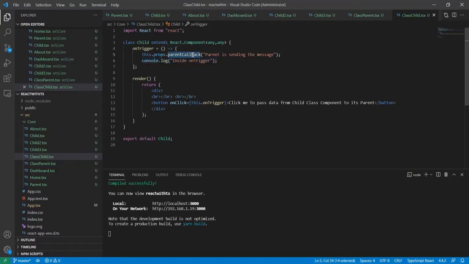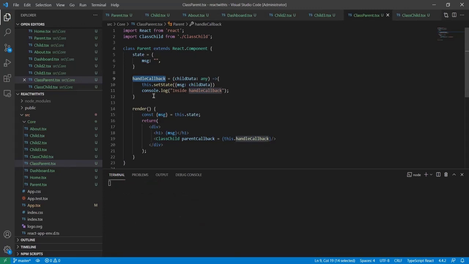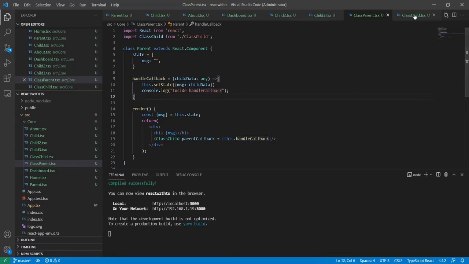So at this parent callback line it is sending the data here to the callback, and inside the callback it is first completing all the function work. Okay, and then it is reverting, going back to here in the child.